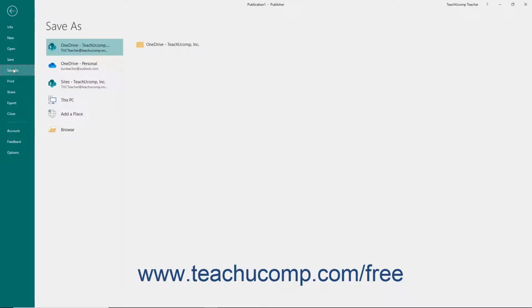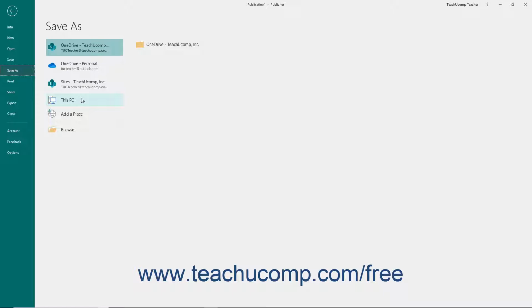To the right of the command panel, you will see the places that are available for you to save the file. These file save locations include your OneDrive folder for Microsoft user accounts and your local computer or network called This PC. When you save to your OneDrive folder, the publications will be saved to the cloud and you can access them from any computer when signed in with your Microsoft user account. If you select the This PC choice, the file will be saved locally on the computer at which you are